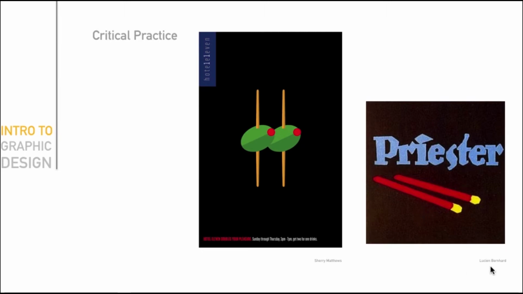Lucien Bernhard was also not just an illustrator, or illustrative designer, he was a typeface designer. There are a lot of things in this, the way this is designed, and the form language that's used is based on the pictorial modernism era in that style. And you don't have to use a lot of copy with this to get your point across. So we have a lot of negative space. We have the double entendre of the toothpicks and the olives creating the number 11. And we have a simple tagline going horizontally. We've got this running vertically. This is centered within the